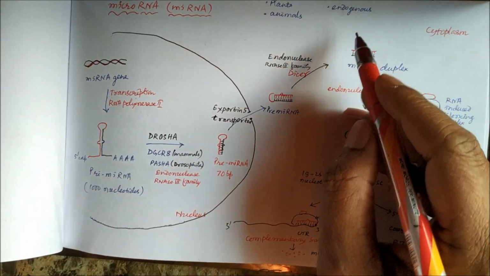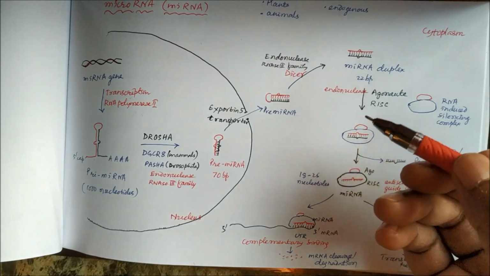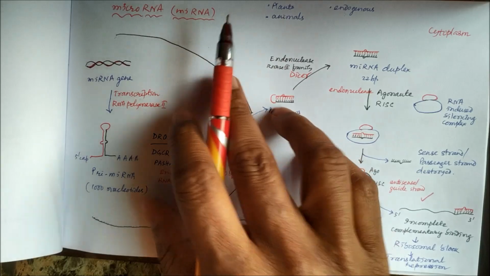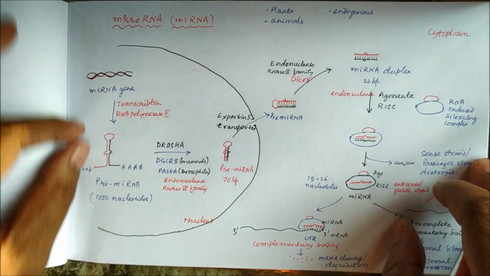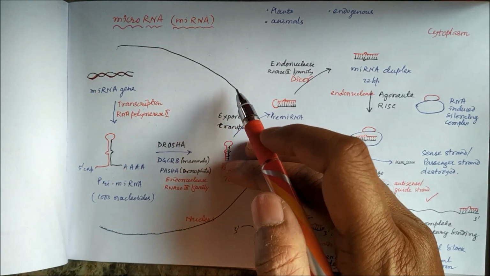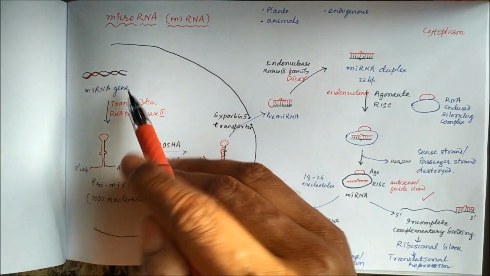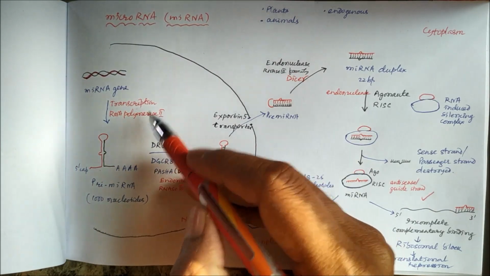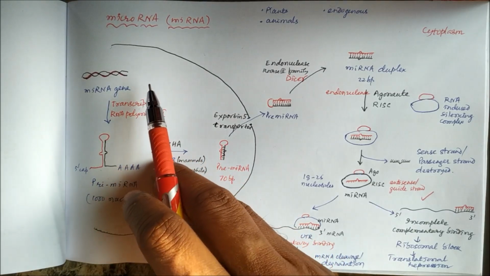And this microRNA is endogenous. It is produced from the same gene from which the messenger RNA is produced, and it is present in all the plants and animals, including the higher mammals. Let us say that this microRNA is produced from the microRNA gene, by the process of transcription inside the nucleus,